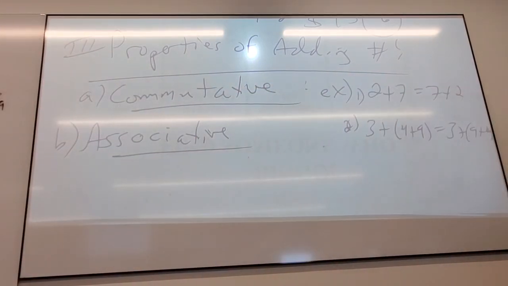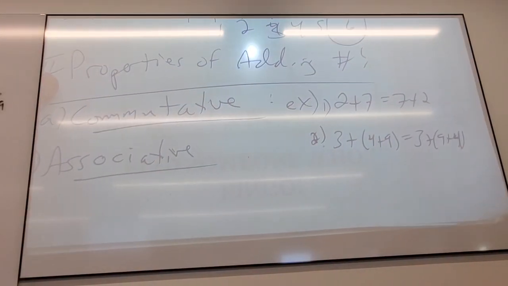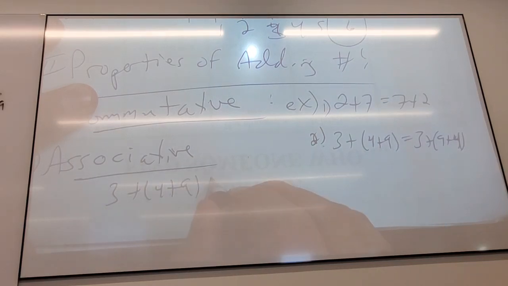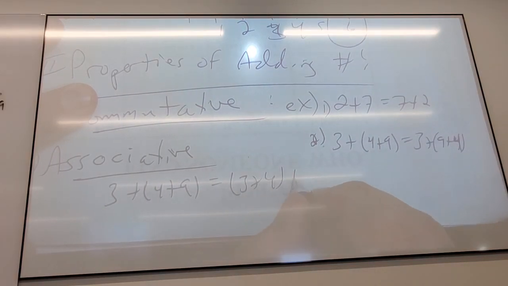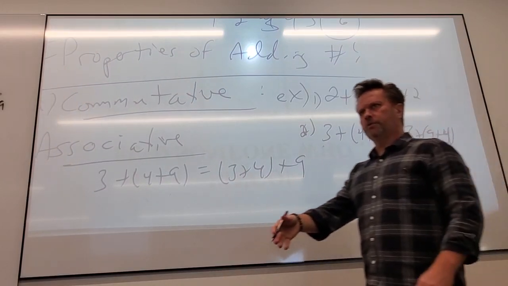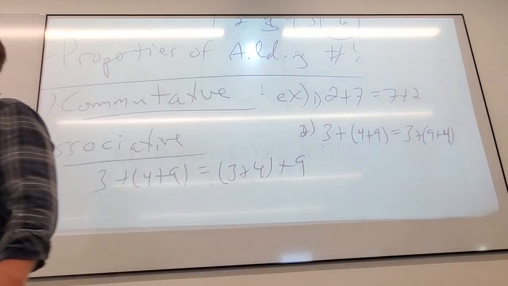So to make this become associative, it would have to be this. The parentheses would have to get up and move. So that's the easiest way to tell. I always say individuals commute, parentheses associate. Okay,